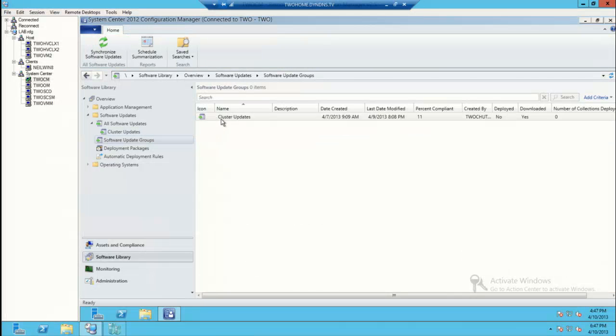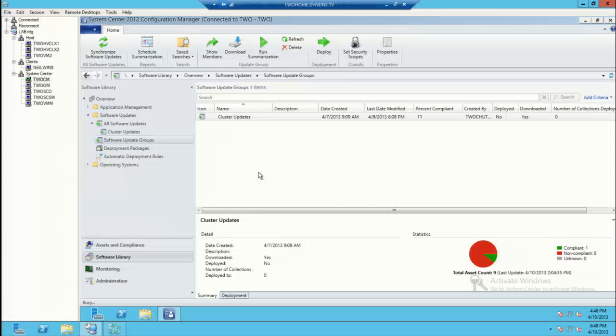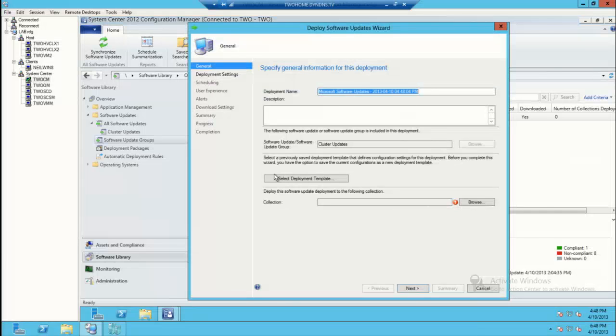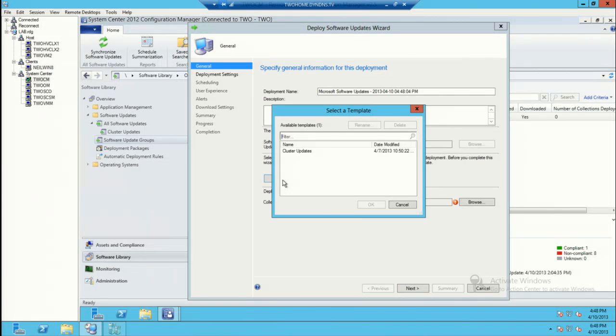And then we also need to have a template defined within Configuration Manager. These are activities that generally a patching administrator would be taking care of for the whole environment. And in this case, the cluster administrator may just be piggybacking off that work. But what we'll be seeing is that in the Orchestrator runbooks, when we go to deploy updates, we're going to reference this update group and this template. In other words, the automation that I've put together doesn't create the deployment, it doesn't create the template. Those have to be in place before we can do this. With those in place,